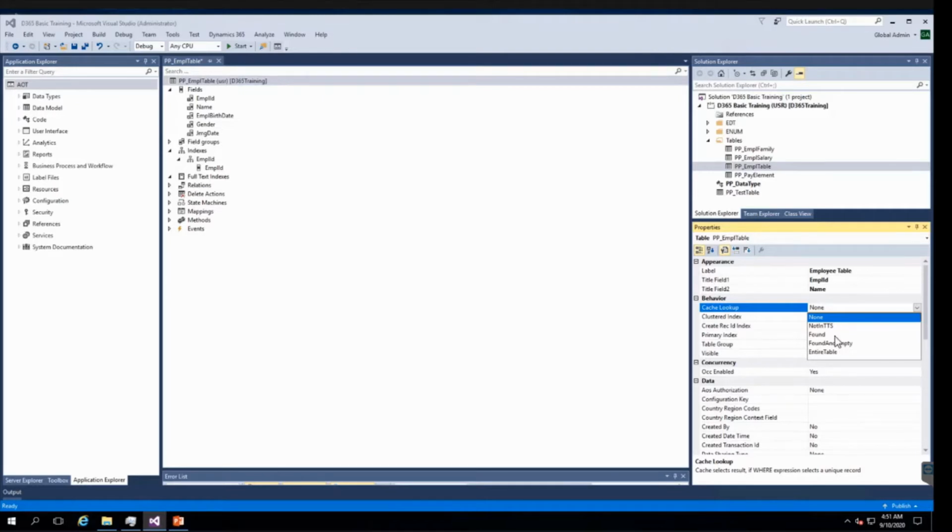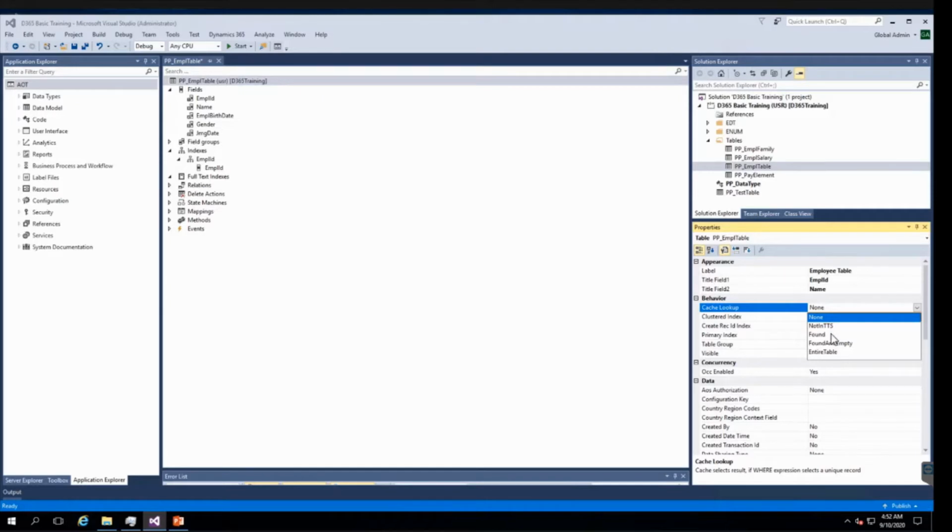In this, the record is locked when read in a transaction, which ensures that the record cache is not updated while the transaction is active. So every time it is ensured that data is real time. So this is not in TTS. This we use for transaction tables.